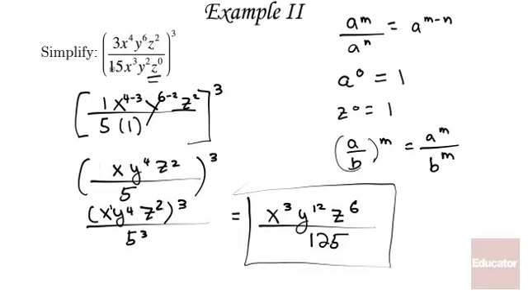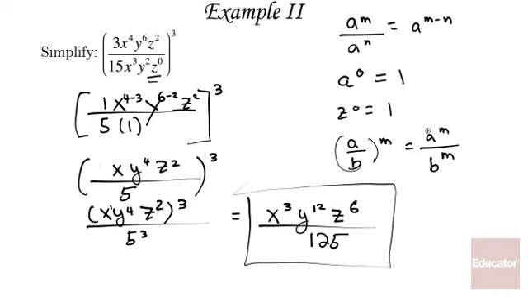When I started out, I took care of simplifying what I could within the parentheses, and that required that I applied 2 rules. I had to divide expressions that had the same base by subtracting the exponents. I also recognized that z to the 0 power is 1. Once I did that, I ended up with this, and then I applied my second rule about a power raised